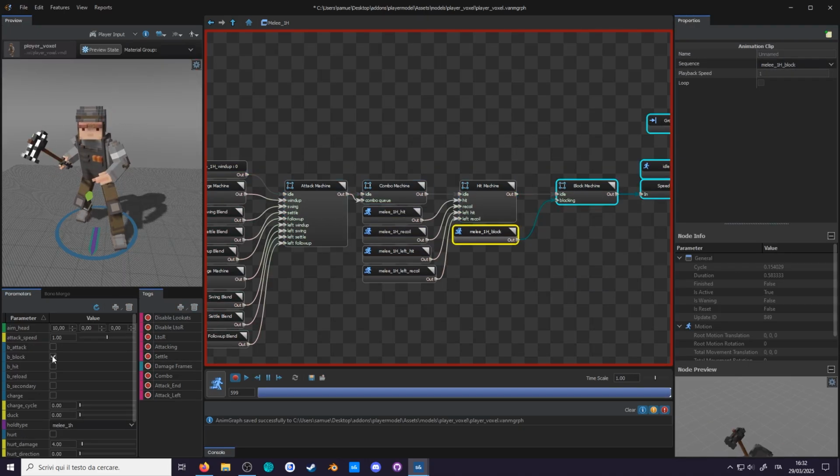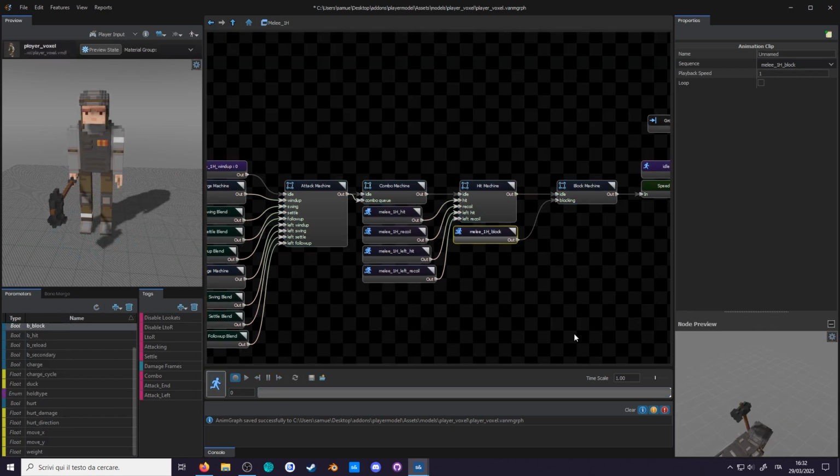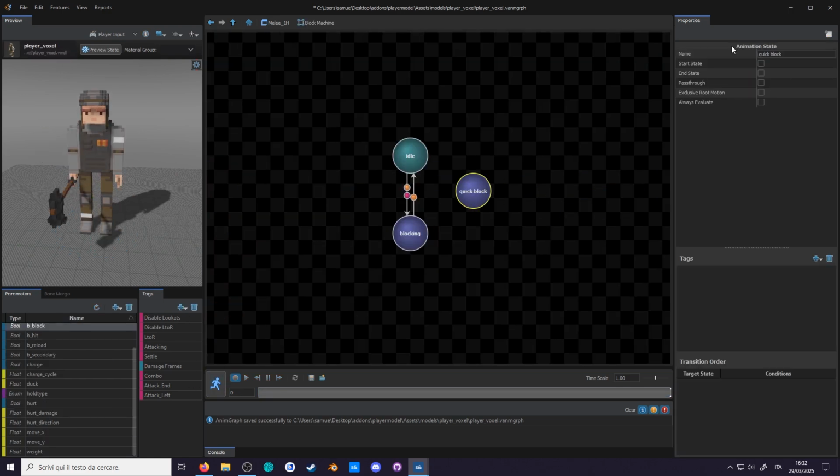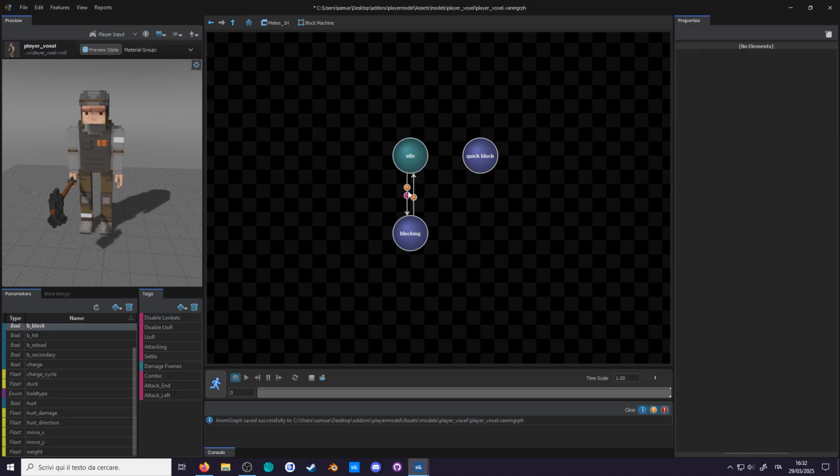Although if there's something players hate, is pressing a button and having to wait for the animation to finish before the action. That block better be up by the next frame. As animators, we want our cool animations to play out, so to compromise, if you are hit during the animation, it gets skipped. Create a new state called quick block and connect it to block. Copy the idle to block transition but change the